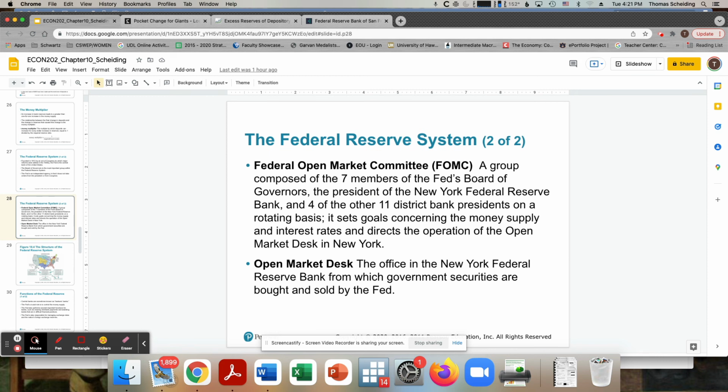And then the Federal Reserve also operates what's known as the open market desk. The open market desk would be where the Federal Reserve buys and sells existing government securities, U.S. government debt. And that is what the FOMC does. The FOMC buys and sells existing debt so as to change the money supply. And that's the important way in which the Federal Reserve impacts the economy as a whole: it changes the money supply, which in turn changes the interest rates in the economy.